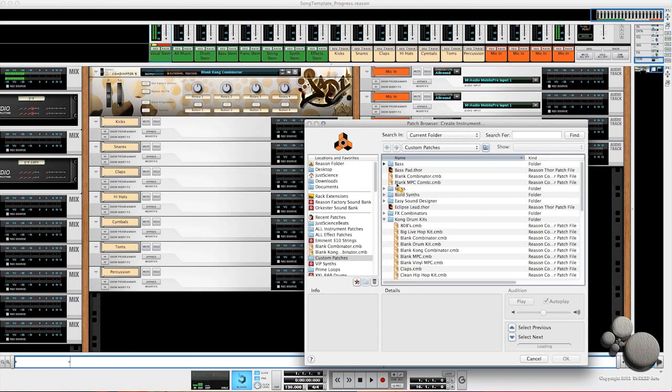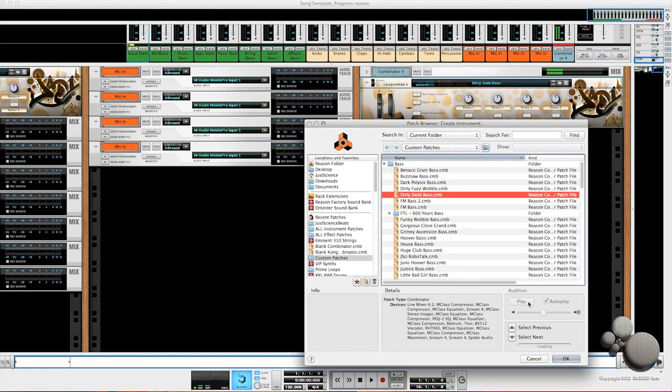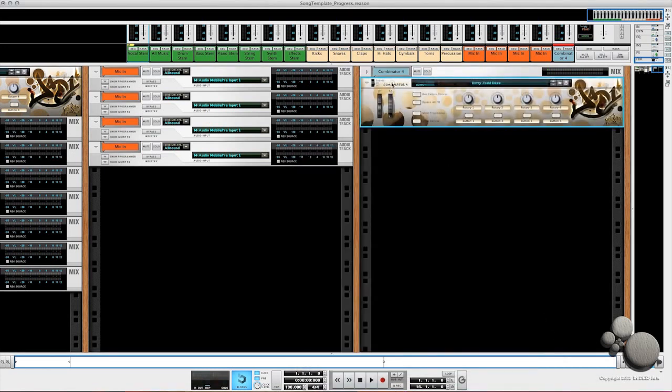And I just want to pick out basic bass. Go with this dirty Z. So we'll call that my bass. This is obviously going to change every time, but I like this bass because it kind of sticks through the mix really well, whatever I'm doing. And it's really easy to pick out my notes and nail my melody before I start